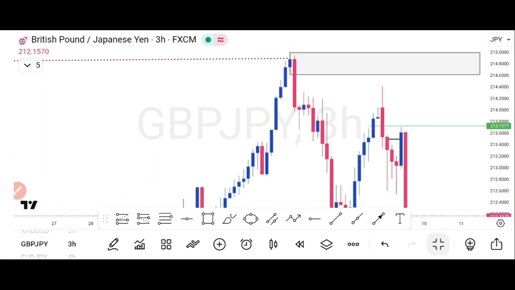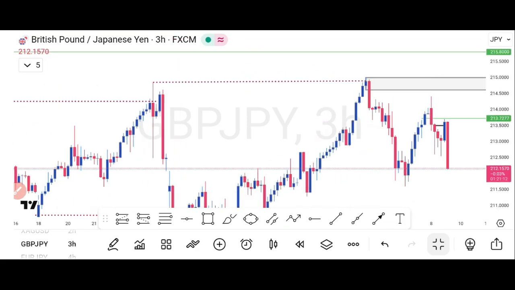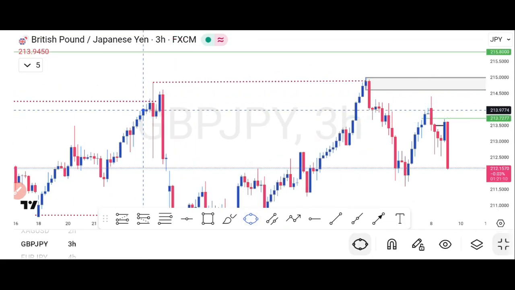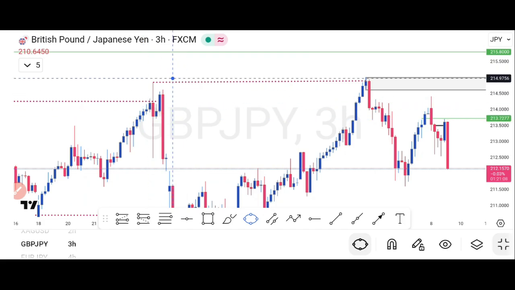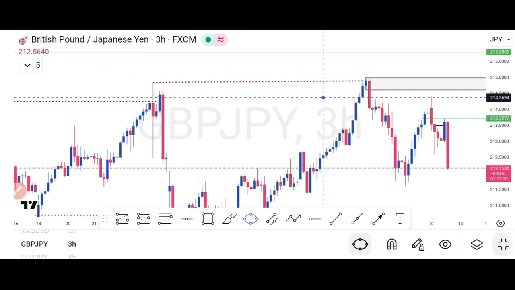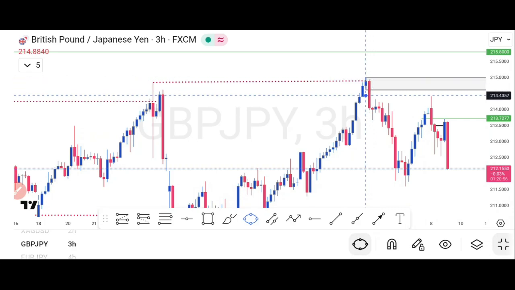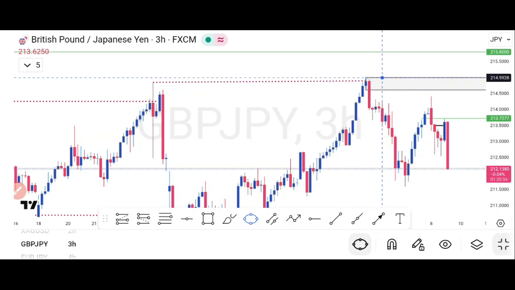And not just that, if you look at this first point here, when price swept this area, it didn't leave us with a very valid order block to enter the trade with. There's no valid order block. That's why I was not really concerned about this area. But you see this area here, when price swept it, it left a very valid order block. That is one. Not just that order block, it also left us with a very effective candlestick pattern,